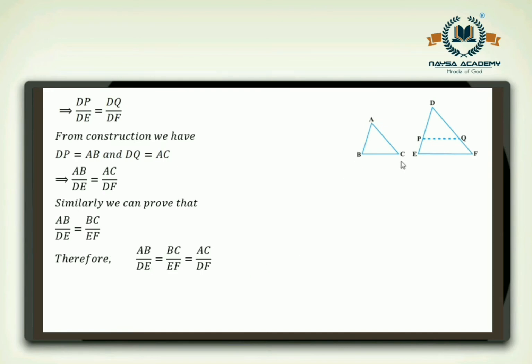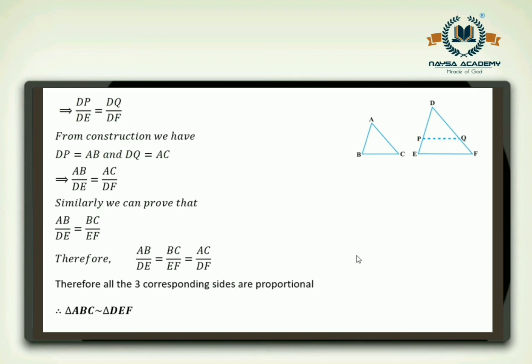So in triangle ABC and in triangle DEF, angle A equal to angle D, angle B equal to angle E, and angle C equal to angle F. This is given, and by using this, what we have proved is that AB upon DE is equal to BC upon EF is equal to AC upon DF. As all the 6 conditions are satisfied, I will say that triangle ABC is similar to triangle DEF. Now here, to prove these two triangles, that is ABC and DEF, similar, what is given to us? We have been given 3 angles of one triangle equal to 3 angles of the other triangle.